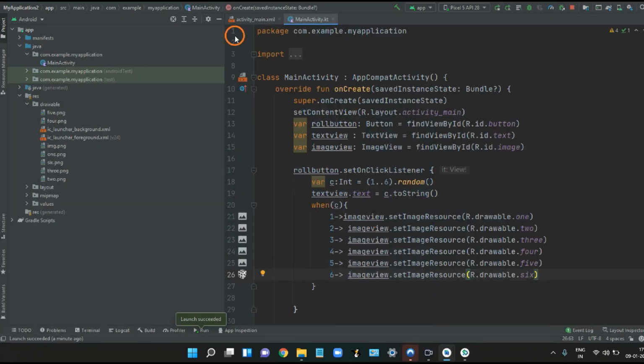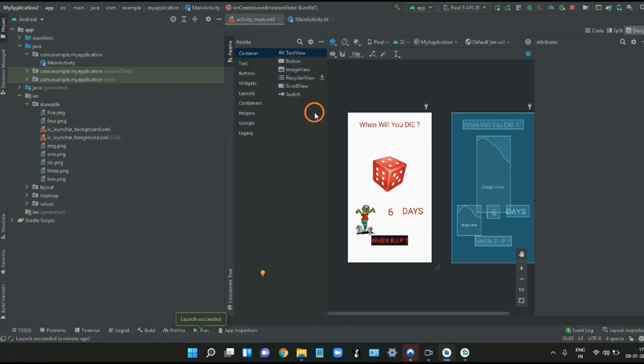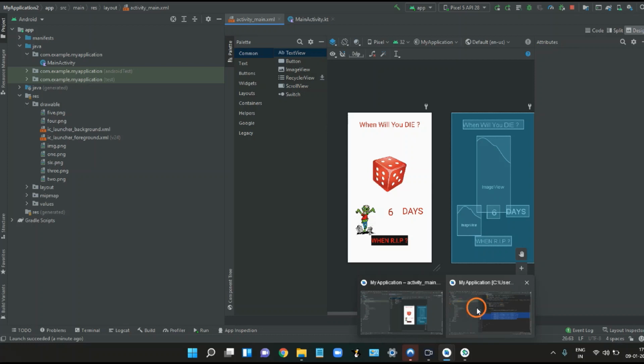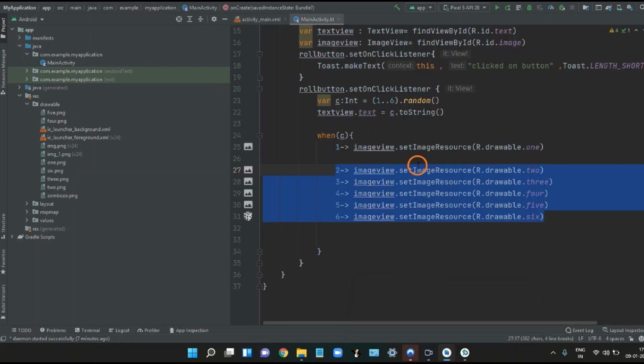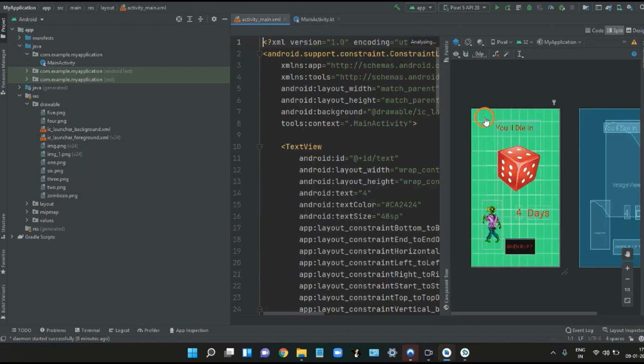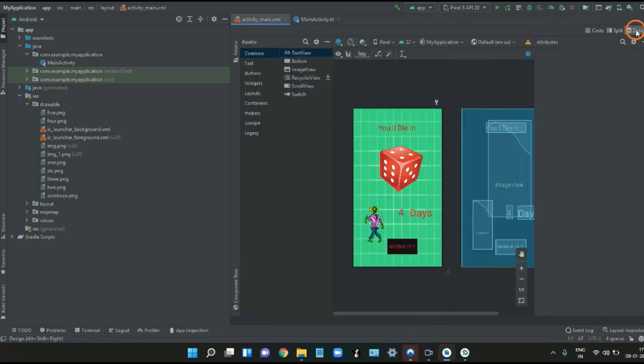Okay, so this was our backend part and this was our front end part. See, you can see I have a background image here. So let me tell you how to set this image.